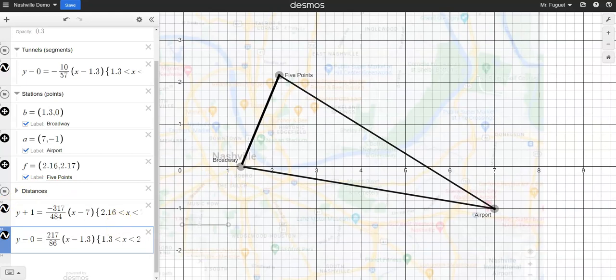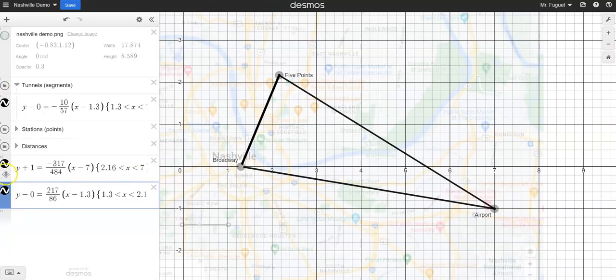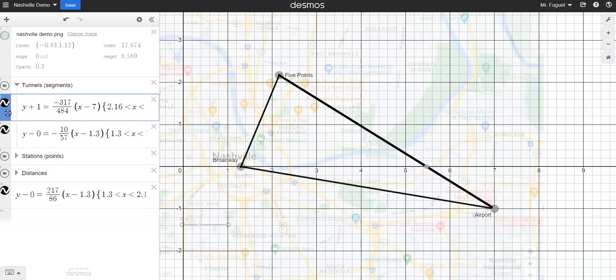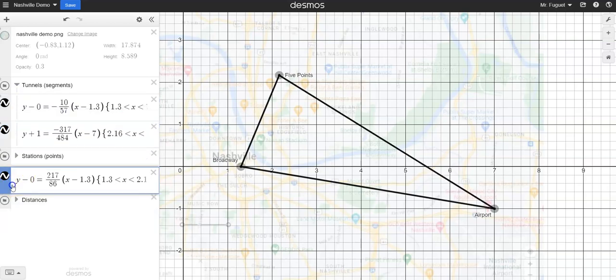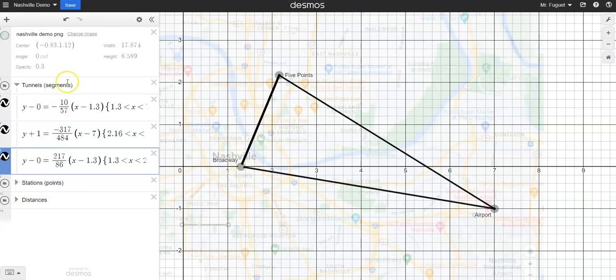We can click and slide these up. I'll close my station folder. I'm going to move these up into my tunnel folder. And to help you a little bit later on, if you want to make sure that you remember which one is which,